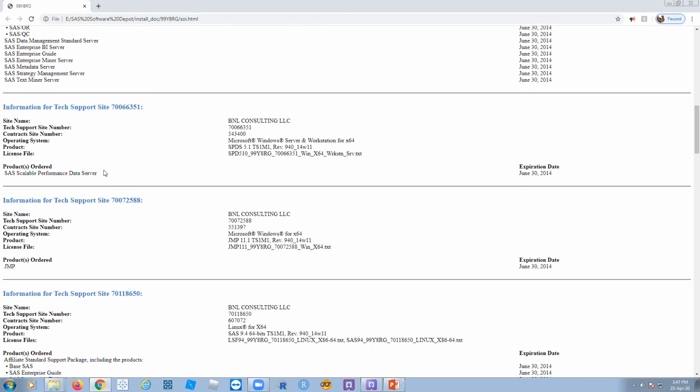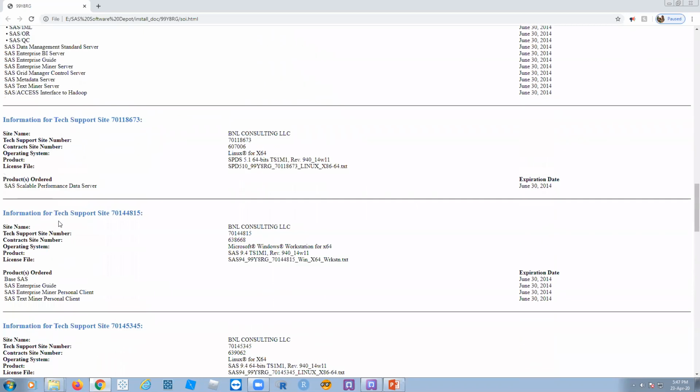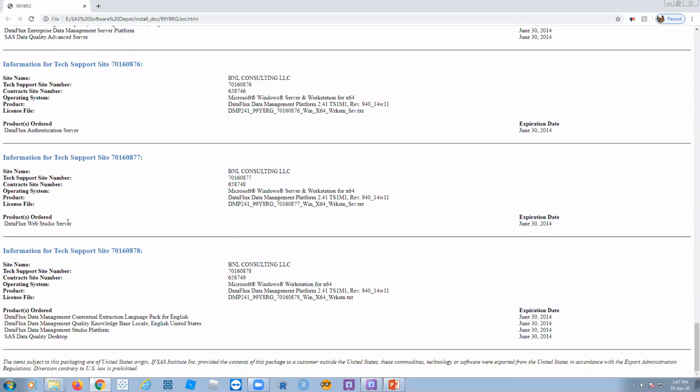It is to connect to the huge databases and load those databases into your SAS environment in a faster manner. We'll be using this server, SAS scalable performance data server, and server engine, data engine will be there. So they want to install this in one more machine like this. JMP, they want to install in another machine. Then for Linux, like this, they purchased the SOI.